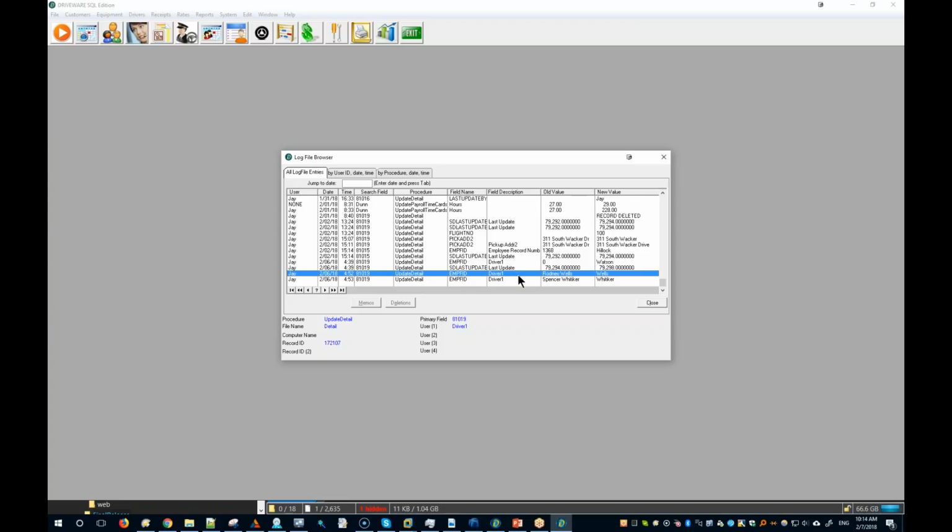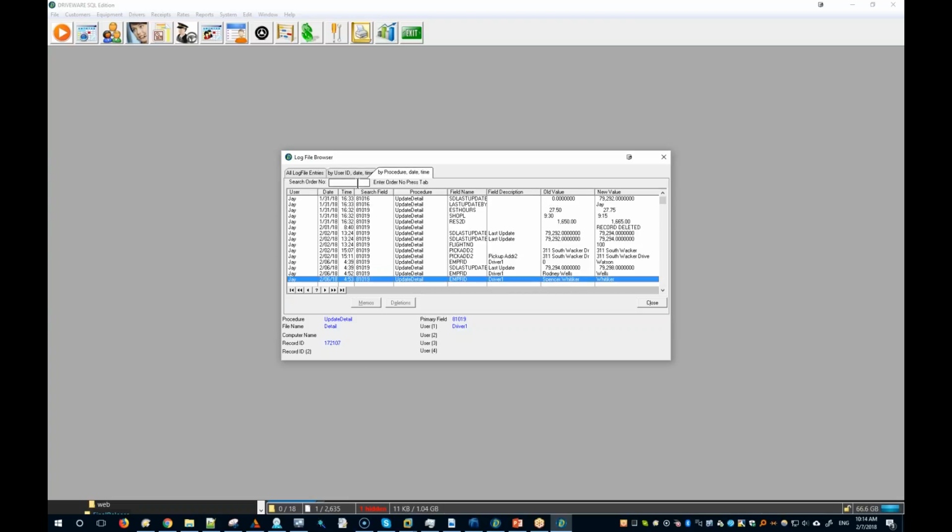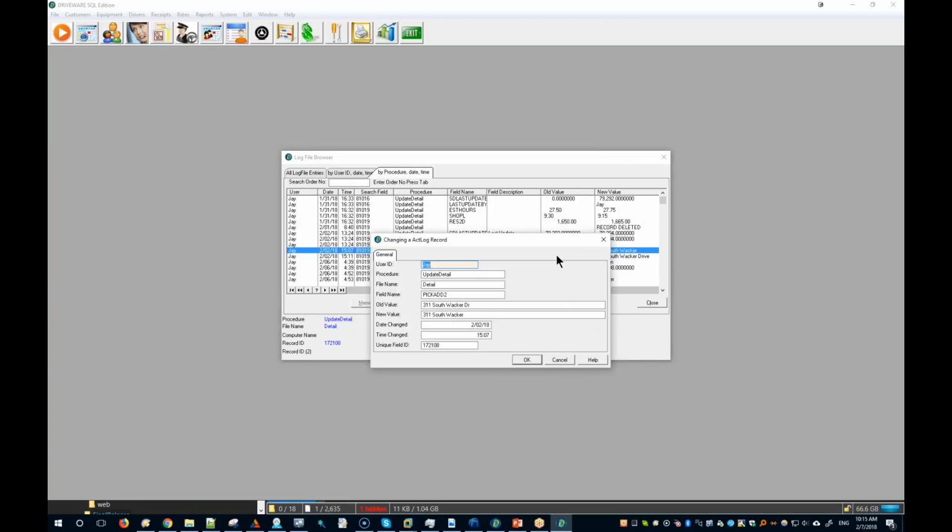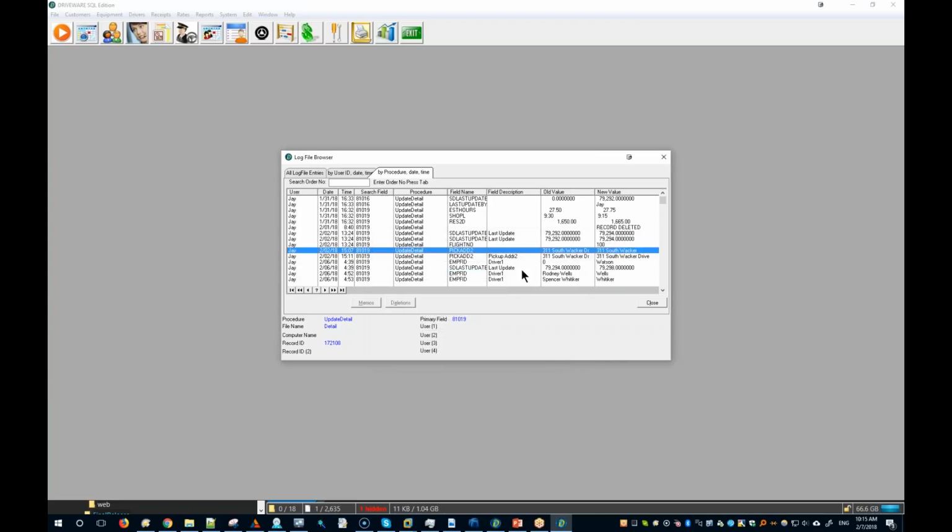the driver information, and who's changing, and then you can also find by specific order number all the changes to that order number, who changed the date, who changed the time, and so it's a much more powerful audit log. It's also very easy to read. Like this is driver 1, and somebody changed it from Rodney